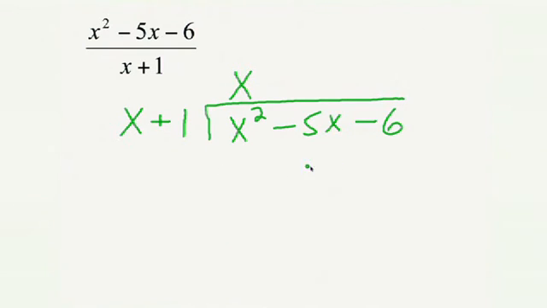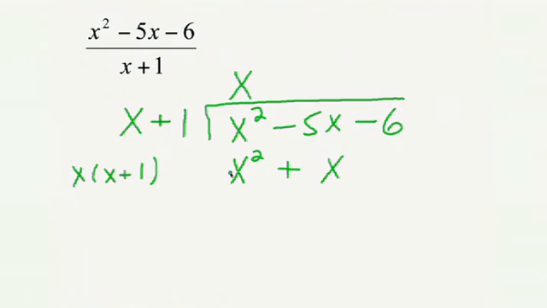What I'm going to write here is just this x multiplied by this x plus 1. X times x gives me x squared. X times positive 1 gives me positive x. Now, at this point, I want to subtract, but in my experience, students often run into some problems here. So what I'm going to recommend you do is pretty much the same thing we've done with subtraction all along. I recommend that you change the signs and add.